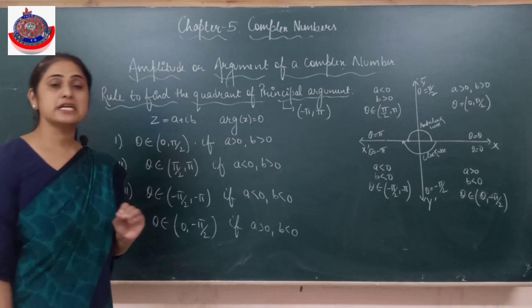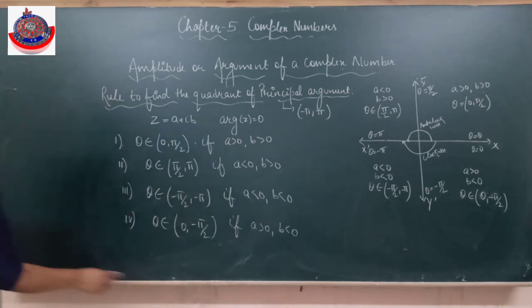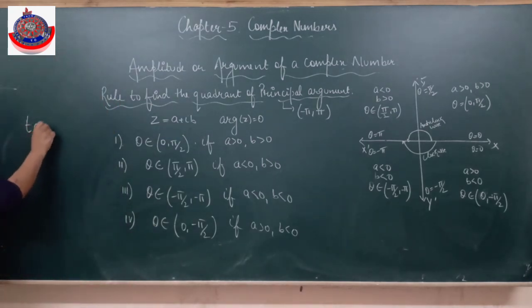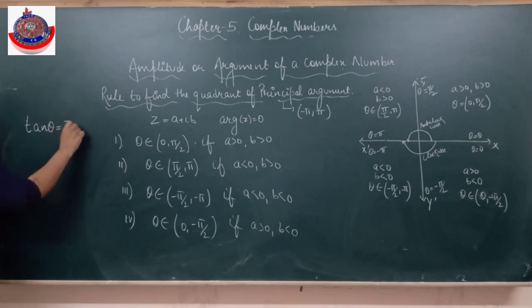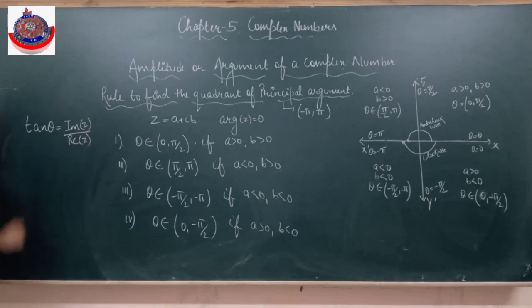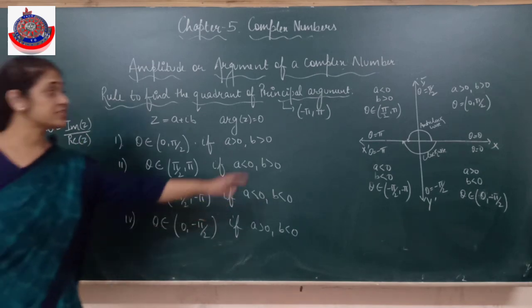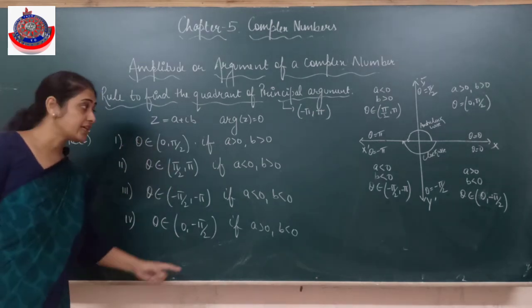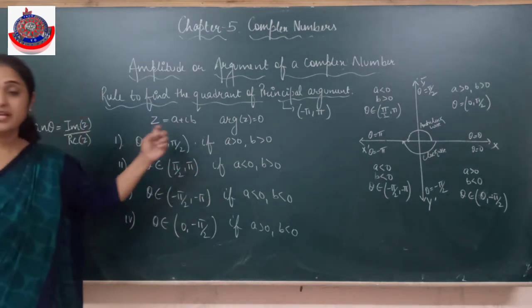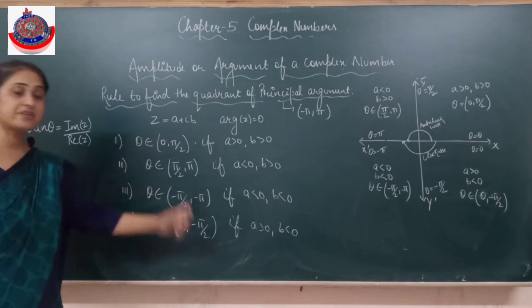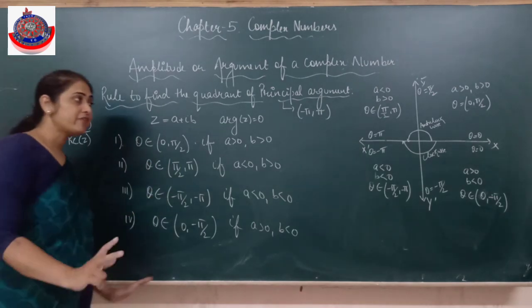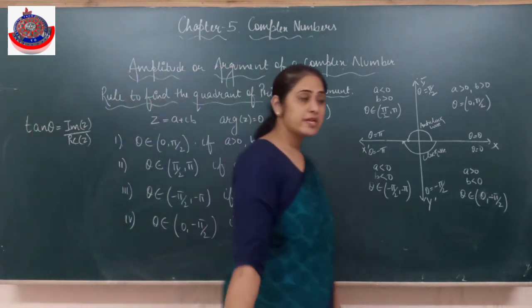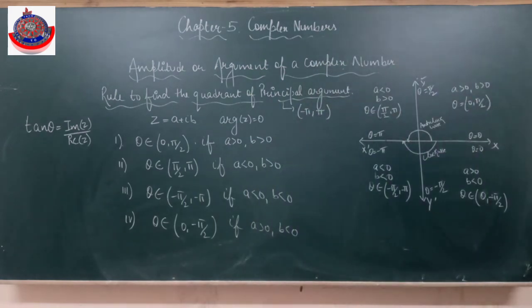Again, I'll tell you what theta is. Theta is an amplitude. And what is the formula? Imaginary part upon real part. The principal value of theta lies between minus pi to pi. And this is the method to check its quadrant. Theta will be this if it is the first quadrant, theta will be this if second quadrant, third quadrant and fourth quadrant. When we do examples, things will be more clear to you all. So don't worry about it. These questions are very, very easy.